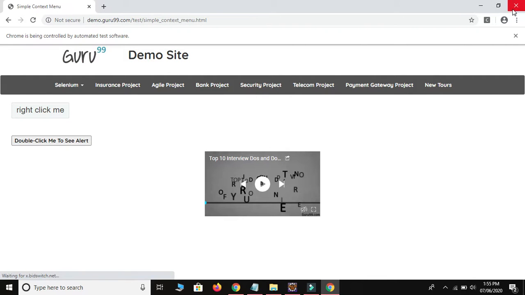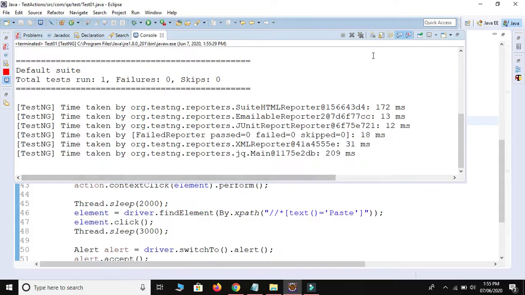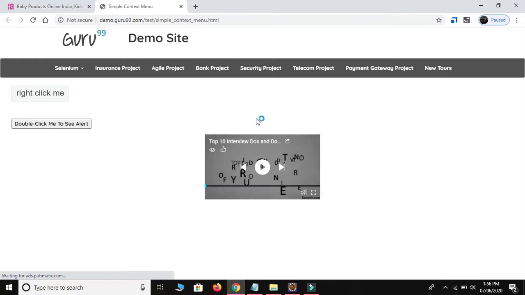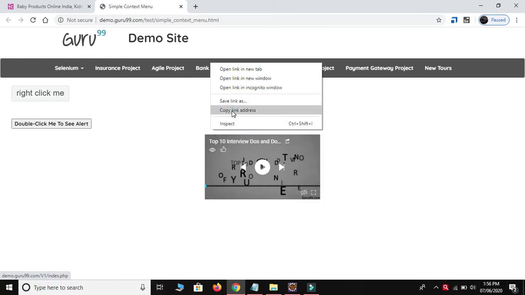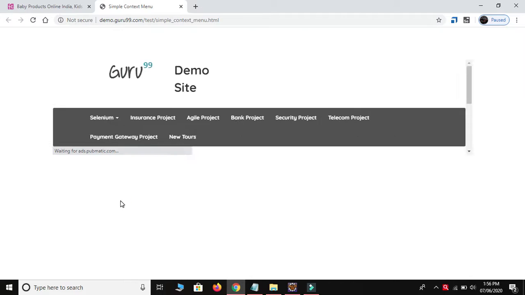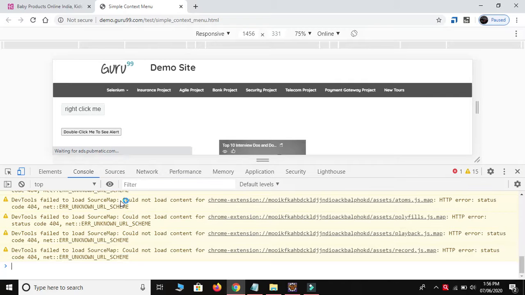Okay, so let me close this one. I want to show the XPath, how to create the XPath. Okay, so in this example, most of the time we just right click on the web element and click the inspect button. As we are able to see here, right click and click on the inspect. But in this web element, if I right click, then I am able to see this option. So I am not able to create the XPath for this web element. Okay, if I want to create the XPath, then how can I create it? Okay, so just press Ctrl Shift and J. It will open your console. Okay, Ctrl Shift and J.